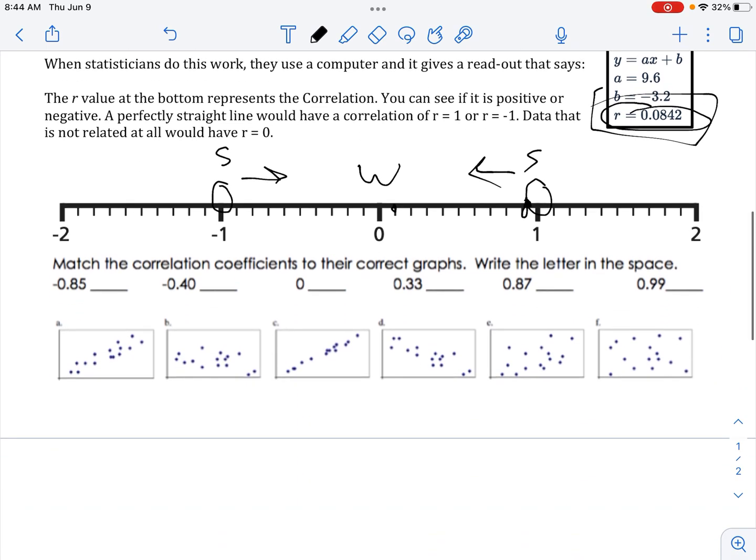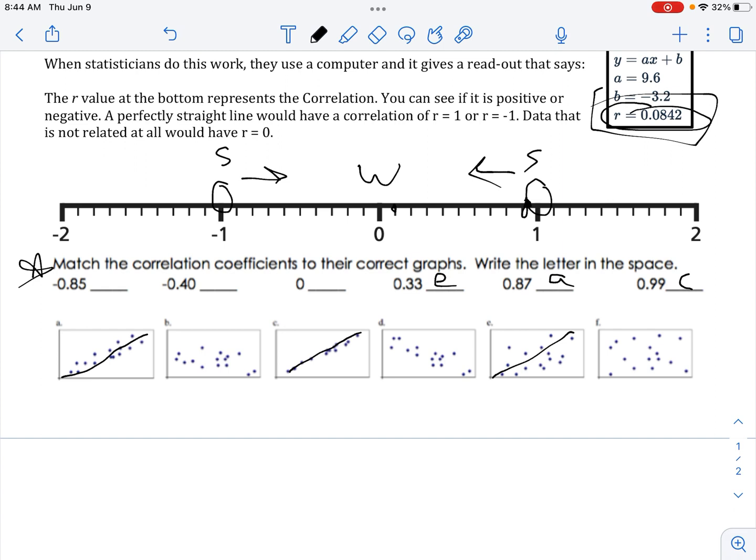All right, so let's try to do something with that information. So this says down here to match the correlation coefficients to their correct graphs. So this one's positive and relatively close, positive and really close. So I'm going to look at those two first. So this one is probably C, and then the other one is probably A. All right, those are the most like those. This one, we talked about how that had a positive trend to it as well, but it was pretty weak. So that would probably be